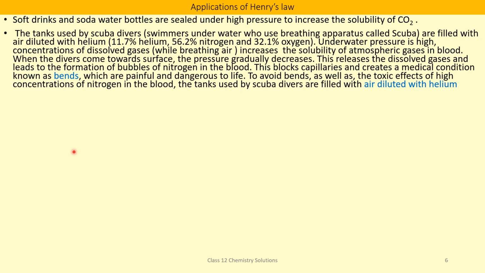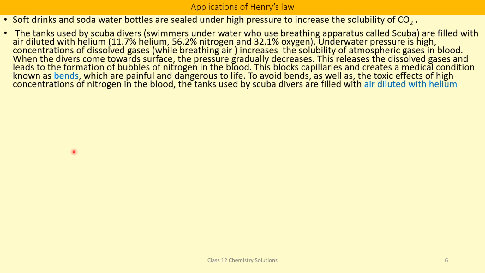When the divers come towards the surface, the pressure gradually decreases. This releases the dissolved gases and leads to the formation of bubbles of nitrogen in the blood. Thus, this will result in blockage of capillaries and creates a medical condition known as bends, which is painful and